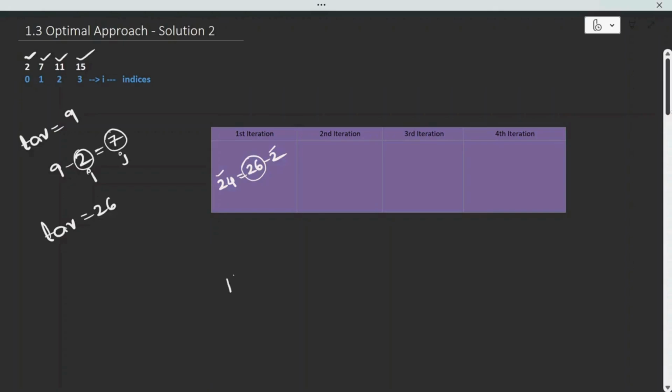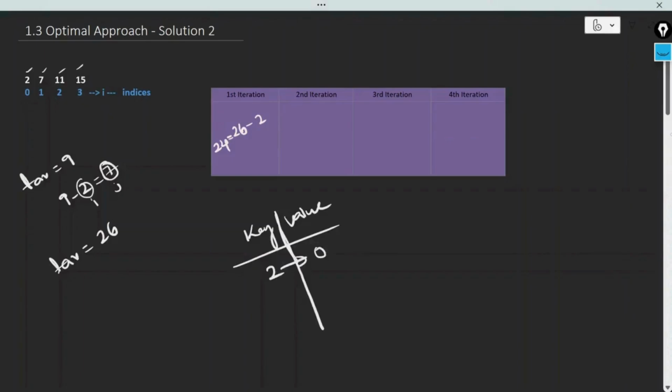So add the element which is coming from the array, which is 2, right? So add this element into the hash map with the respective index. The index for 2 is 0, right? Index and number will be useful for further reference. I will tell you how it is useful. So in the next iteration,